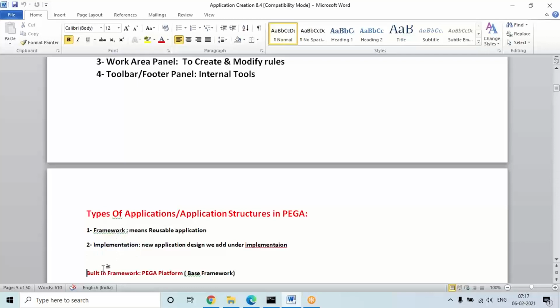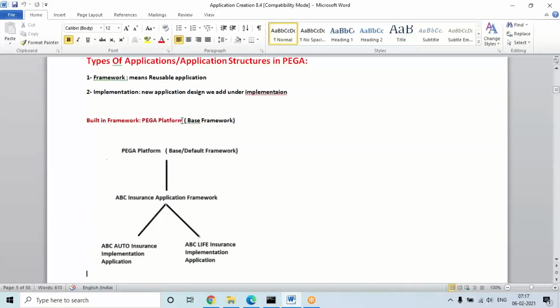Suppose I'll show the structure where you will understand easily. See, any project when you're starting, in real time this setup will be done by the leads. Okay, so in real time you're not going to do this, but it's not a big thing, just one or two parameters we have to pass in the widget, and the application will be generated automatically. So basically this is the structure, and this application is already available.